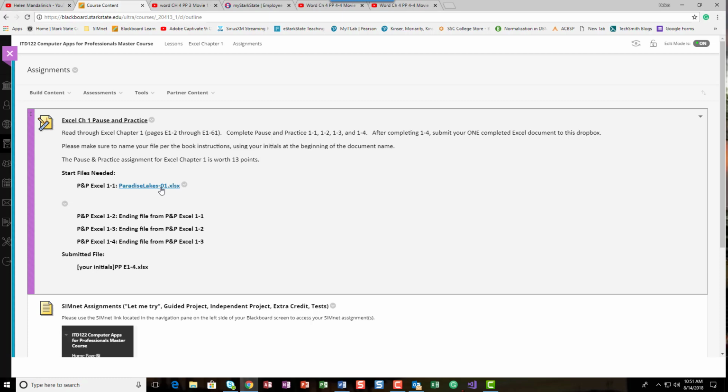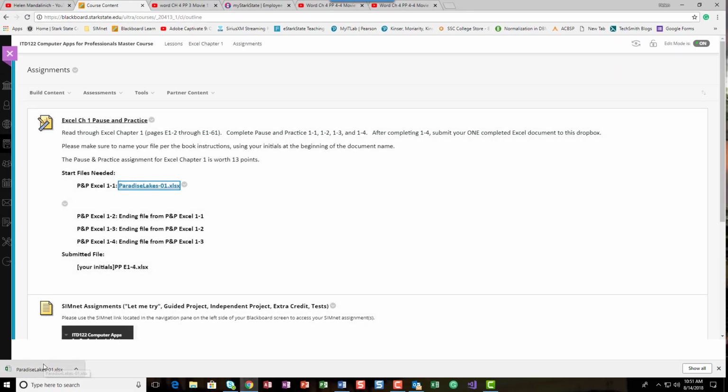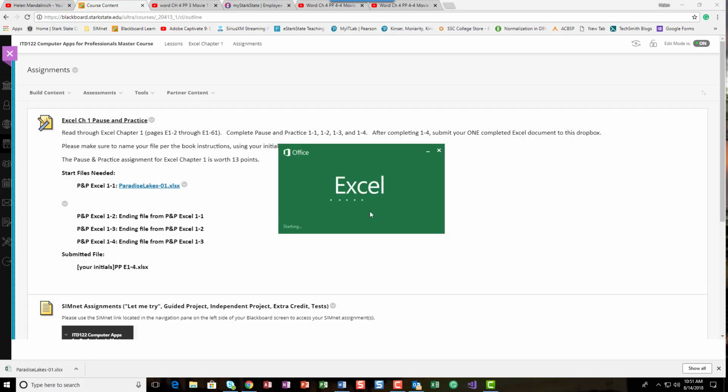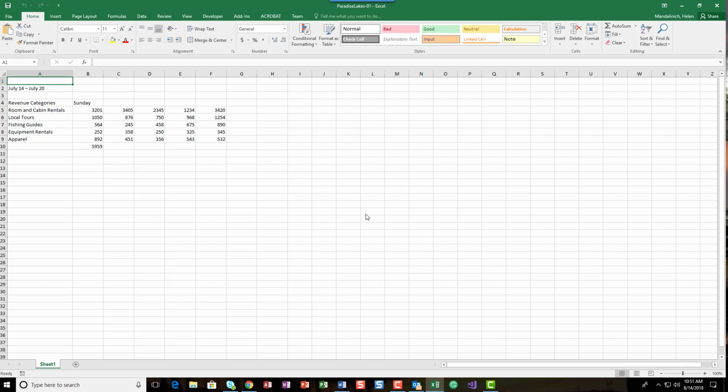Okay, so I'm going to go ahead and download that file, and it's in my tray because I'm using Chrome. So I'm going to go ahead and open it up, and I want to take a few minutes just to introduce you to Excel. What we're looking at here is the basic Excel sheet, and you're going to be familiar with the ribbon for the most part. It is very similar to your Word ones, but